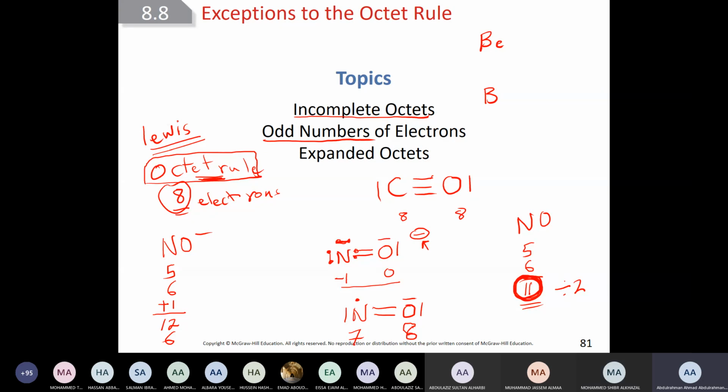Okay. BE does not like to apply the octet rule. The octet rule does not apply for these 2 elements. This one would like to have only 4 electrons around it, and B would like to have only 6 electrons around it. So when they form a structure, you'll find, if we have BF3,